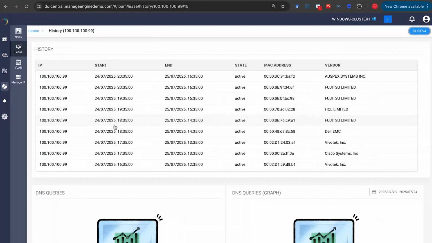And this is very useful in case of change management, or if you've ejected a certain device from your network and you're trying to onboard it again. You can backtrack its associations, and then you can place it back as per the IP address. You can place it in the same IP address again if you're placing it under the same IP. So you can just use the IP lease history part, and then the DNS queries section that you see over